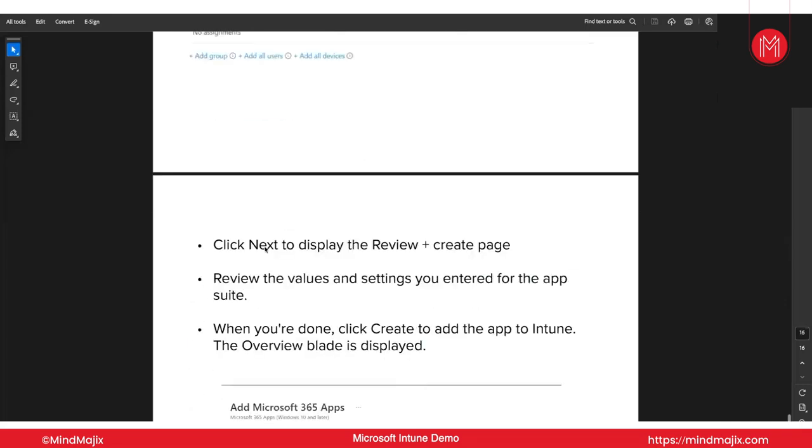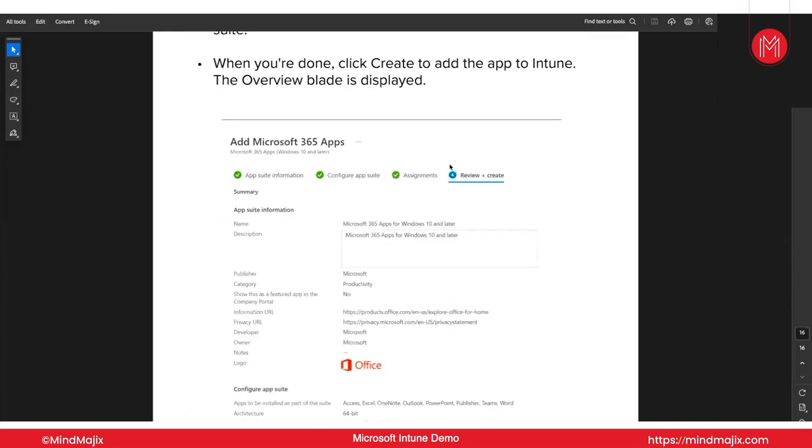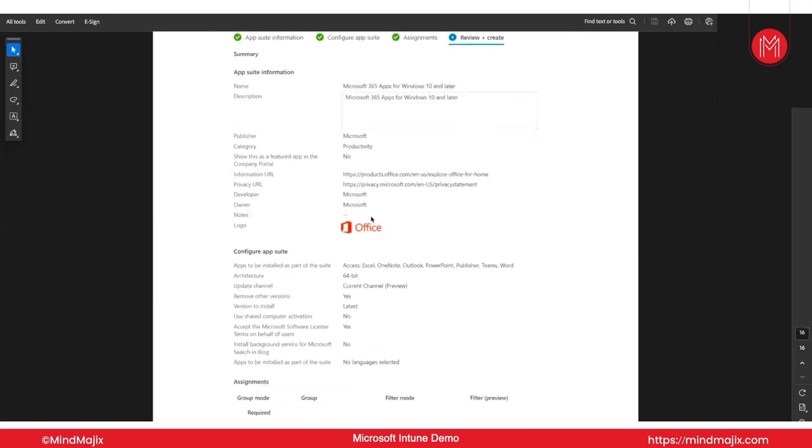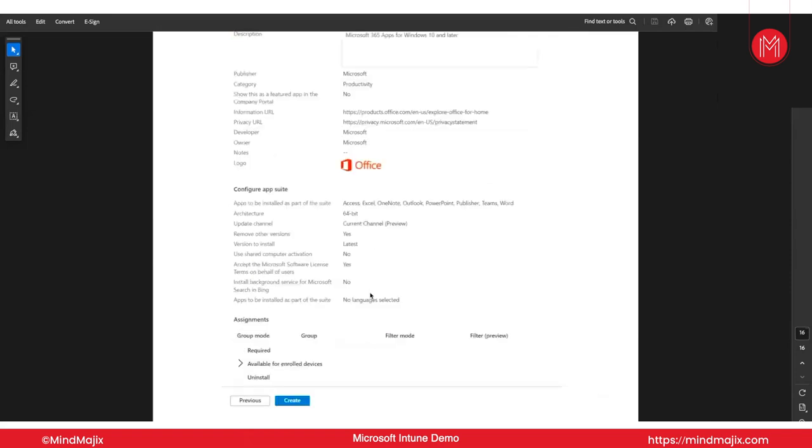After you choose these options, you go to review and create, and it will give you a summary of everything you selected, the logos, the architecture and so on, and it will give you an option to create. After that,